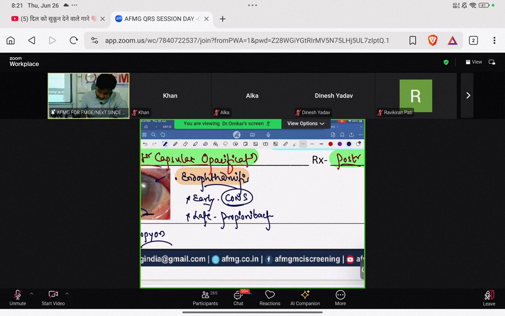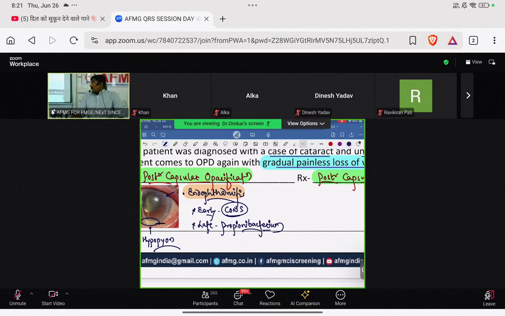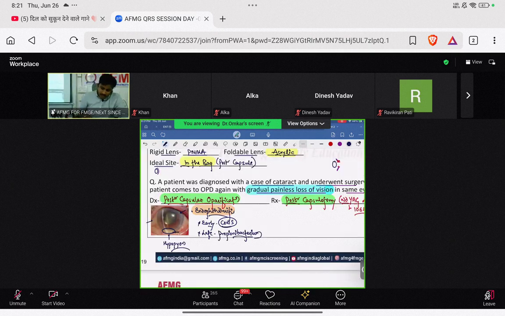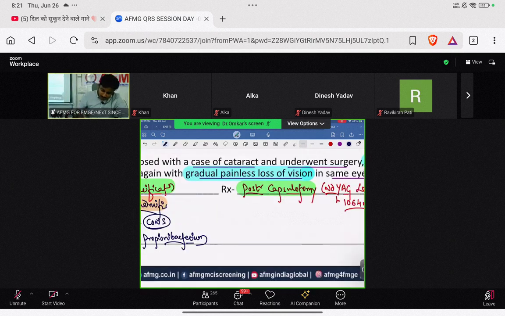Propionibacterium is also known to cause acne. That was a PYQ in your examination. What is the likely bacteria causing acne? Answer was Propionibacterium. Yeah? So that is important. The early endophthalmitis is due to coagulase negative staph or staph epidermidis. Late endophthalmitis is due to Propionibacterium. Within few weeks of cataract surgery, patient comes to you with sudden painful loss of vision. Clear है बात? अगर वो बोलेंगे इस कंडीशन में ट्रीटमेंट क्या करोगे?